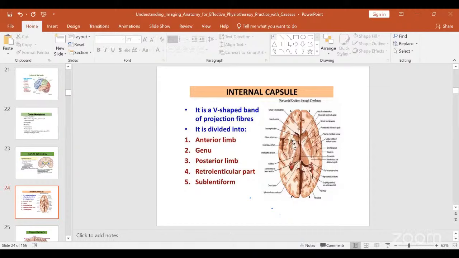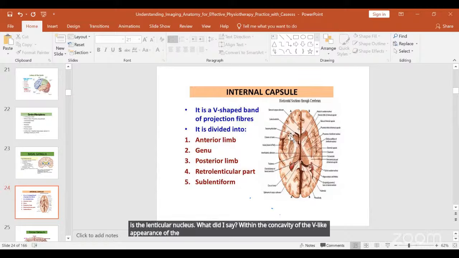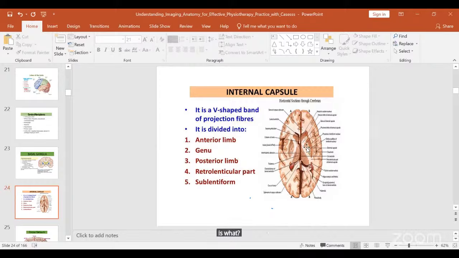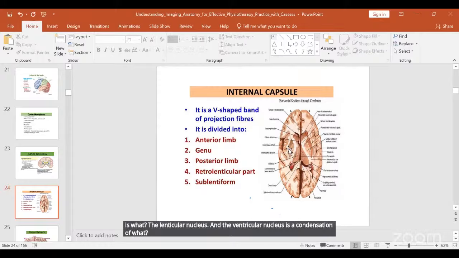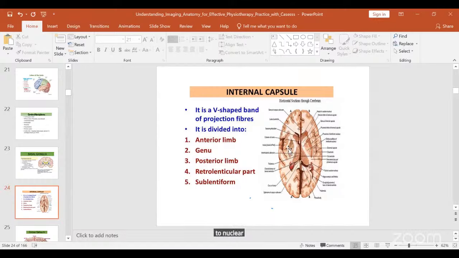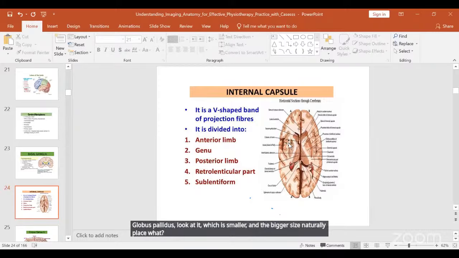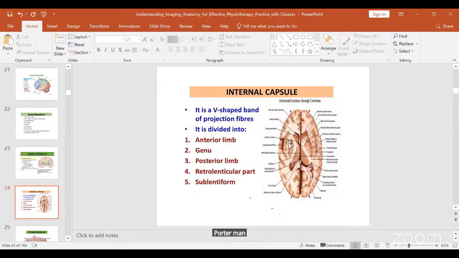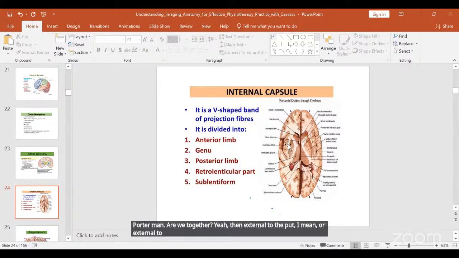What did I say? Within the concavity of the V-like appearance of the internal capsule is what? The lenticular nucleus. And the lenticular nucleus is a condensation of what? Two nuclei. The smaller, medially placed globus pallidus, look at it, which is smaller, and the bigger size, laterally placed putamen. Are we together? Yeah. Then external to the lenticular nucleus is